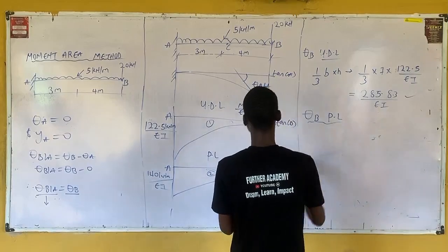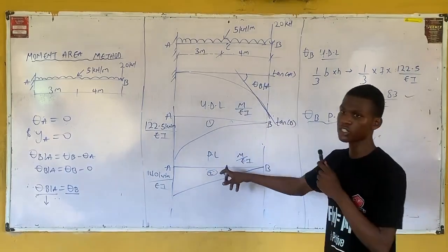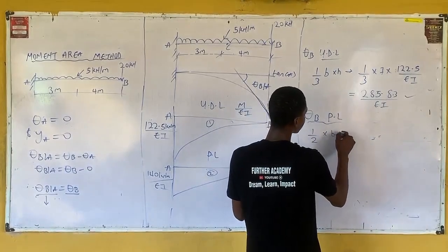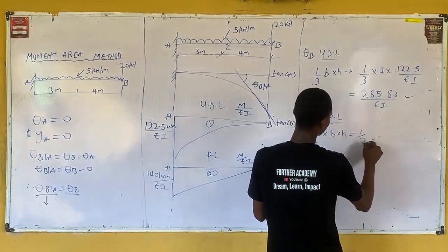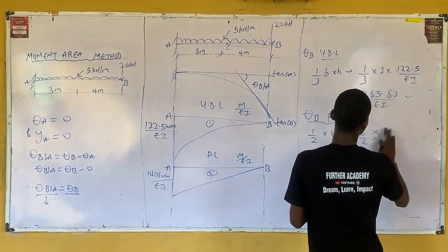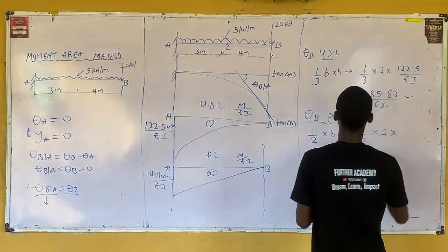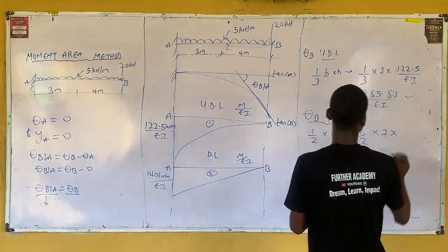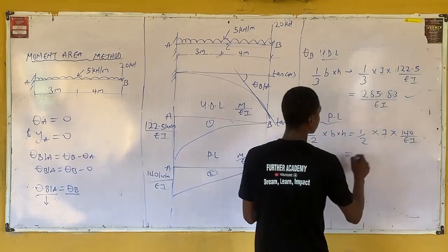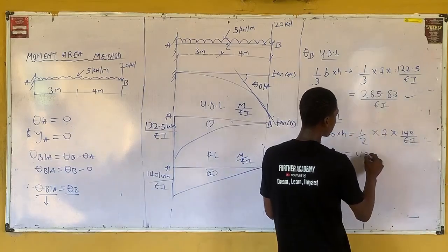Now for the point load, what's the area of this shape? 1 over 2 base times height. So this becomes 1 over 2 multiplied by the base, which is 7, right? Multiplied by the height. What's the height? 140 over EI. So what's the answer to this? 490